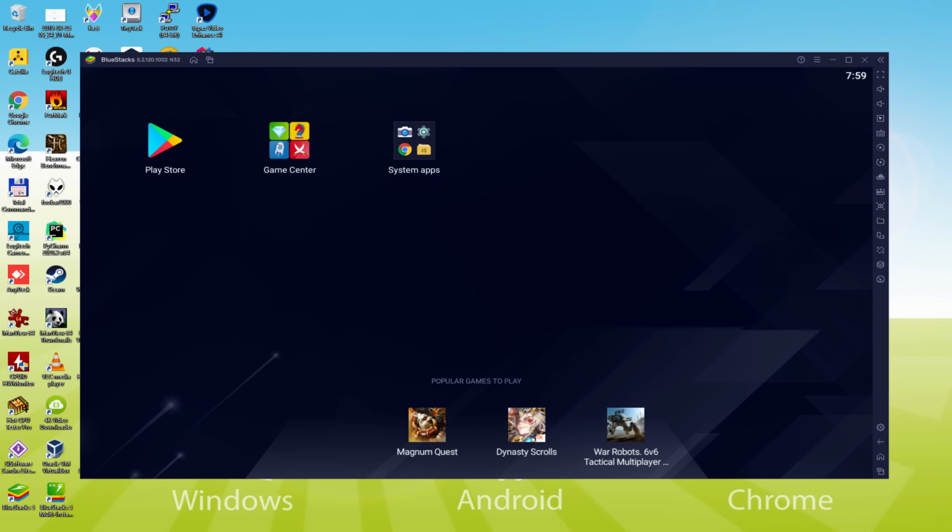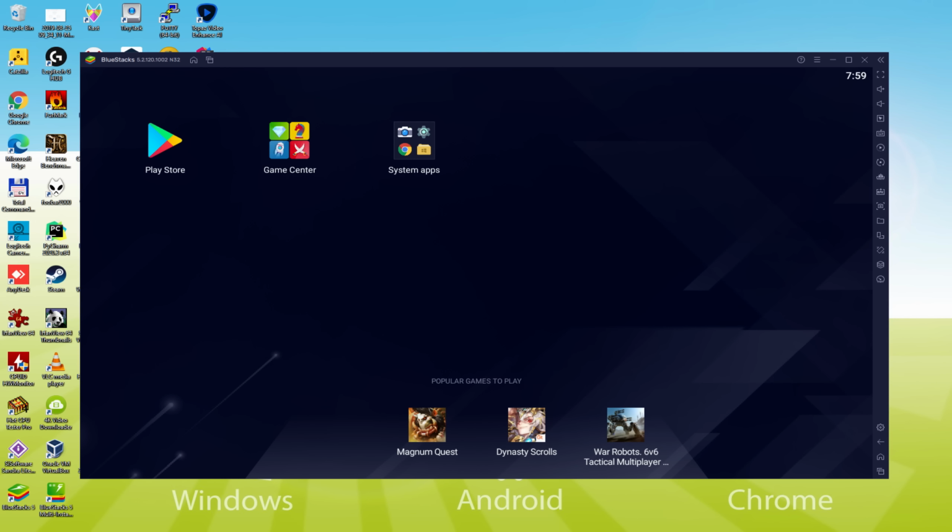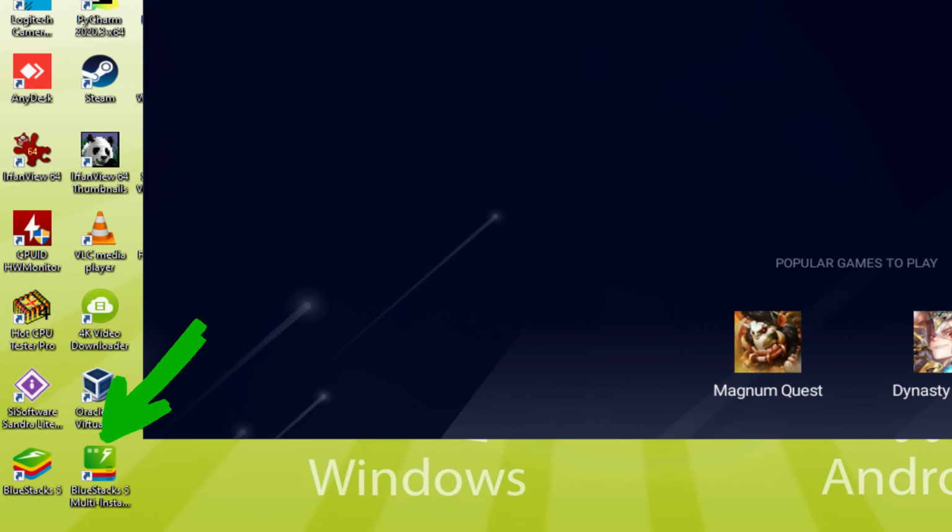Before we carry on, as you can see, it made a couple of icons here on the PC desktop. The BlueStacks and BlueStacks multi-instance. Note that the BlueStacks software icon is the only one we're concerned about. Anytime we desire to launch Tower of Fantasy on our desktop or laptop, we double-click on this particular software icon and therefore launch the emulator. The BlueStacks multi-instance icon allows you to launch multiple emulator instances. And with BlueStacks 5's new improved multi-instance manager in Eco Mode, players can run more game instances faster and with less lag.